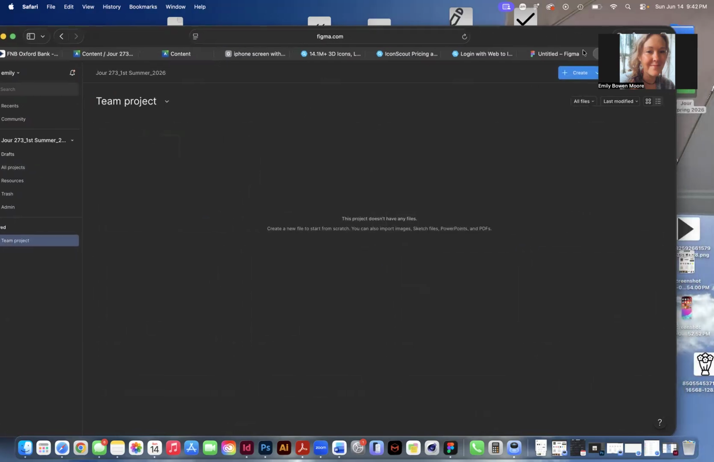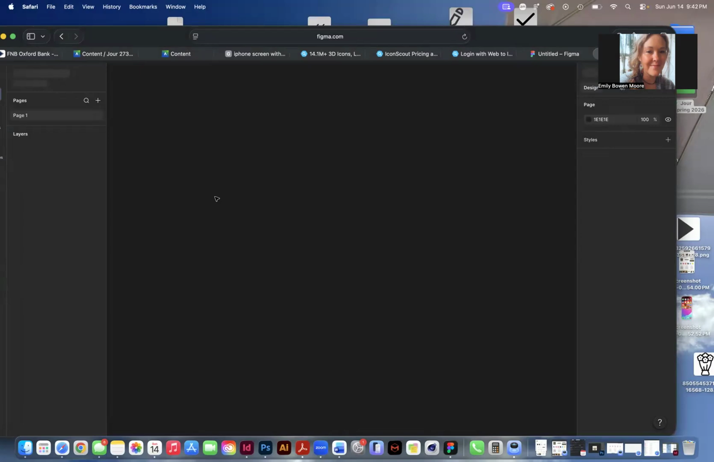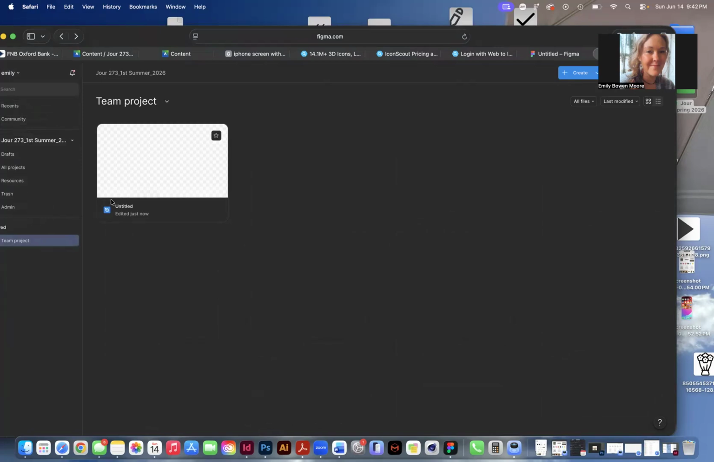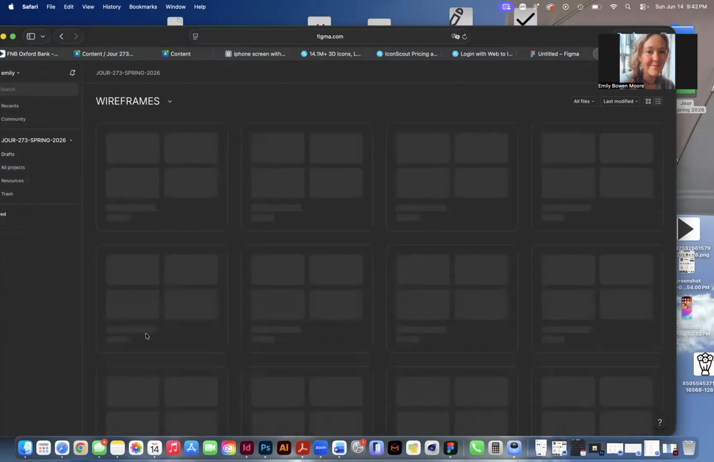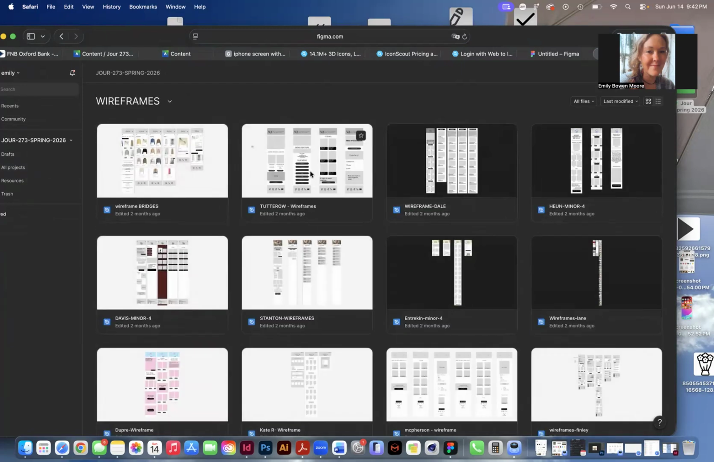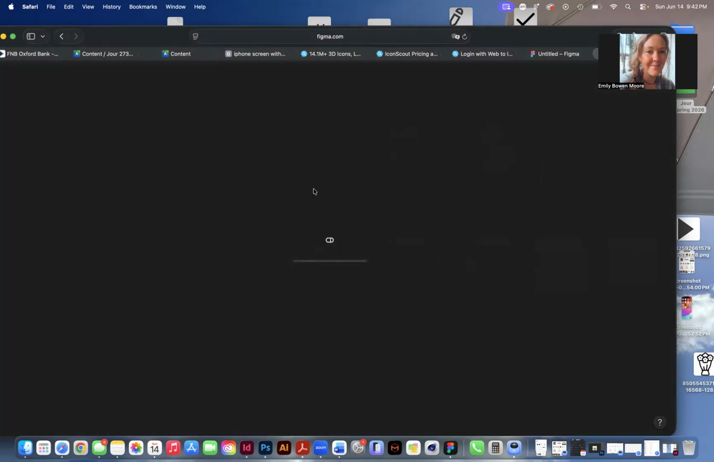Once you are in here, you can go to create and you can create designs of anything. So you can create your wireframes and then the same process, obviously, to create the actual screens. And a prototype might look like, I'm going to go to some old ones. So prototyping is not going to be completely finished, but you can see